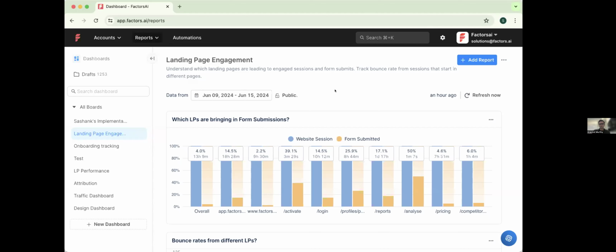So for a power user, unlike a traditional, let's say, Power BI kind of solution, wherein you have to write the SQL query to get these widgets, we have a good interface wherein you don't have to write a SQL query, but you have a way to build out the query depending upon the kind of report that you want.